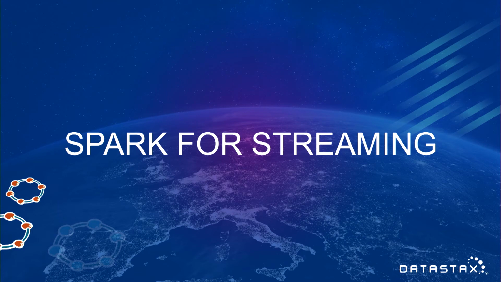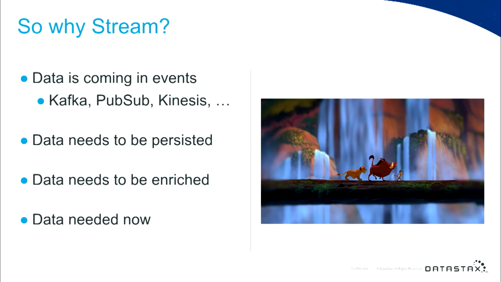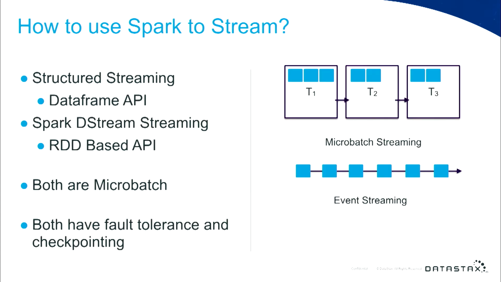So for our last main use case, we're going to talk about Spark for streaming. Should you use it in that case? So why do we care about streaming? Well, we like to deal with data as it comes in now. It's becoming less and less acceptable to deal with data only from yesterday. You want to deal with the data exactly as it's coming in and respond to that data as quickly as you can.